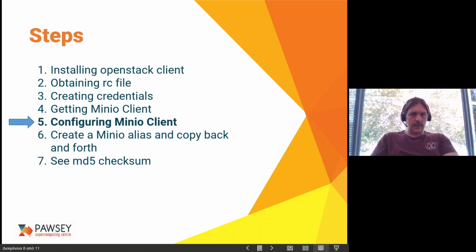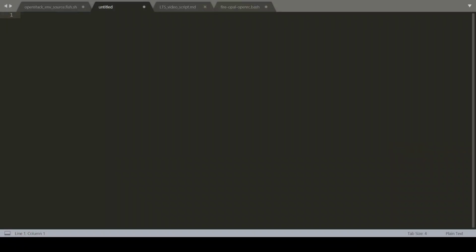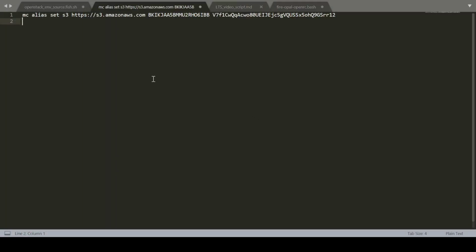So next step is, let's configure the Minio client. Oh sorry, I'm going to just edit the command first. I can't just type what I found there. So I'm going to call the alias Ceph, but you can call it absolutely anything you like. Ceph is not